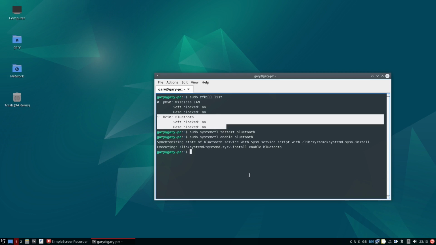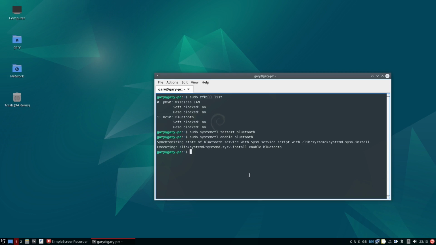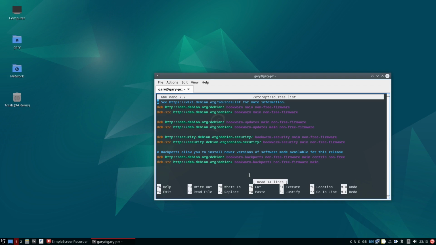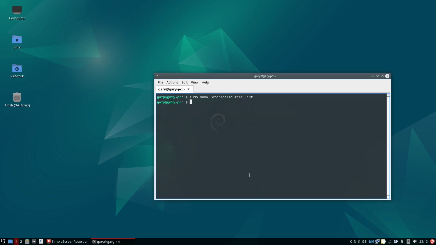Wi-Fi or Bluetooth card like I have, the Realtek one, where it's requiring a newer version of the kernel. So this is what I did next. If I clear here, first off I ran sudo apt update because that then updated my repositories. I then edited the sources.list, so that's sudo nano